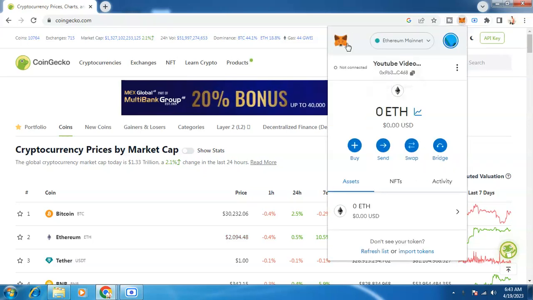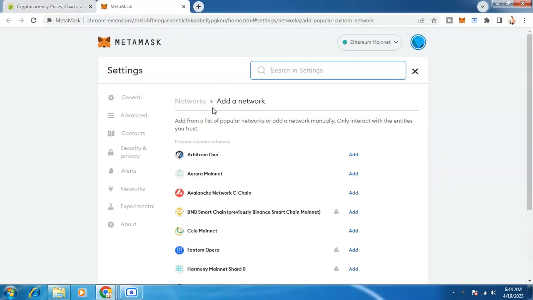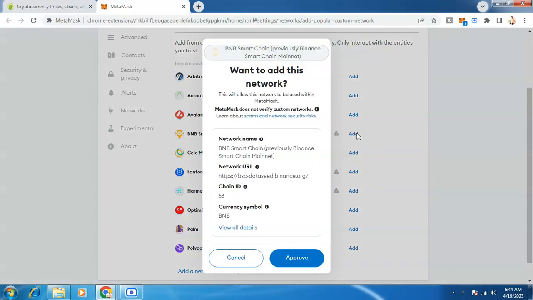Now I have already logged in my Metamask. So the first thing that you will need to do is click on this Ethereum mainnet and click on Add Network. Now we have to wait for it to load, and if we scroll down, as you can see, there is Binance Smart Chain, previously known as Binance Smart Chain mainnet. You simply go ahead and click on add and press on approve,